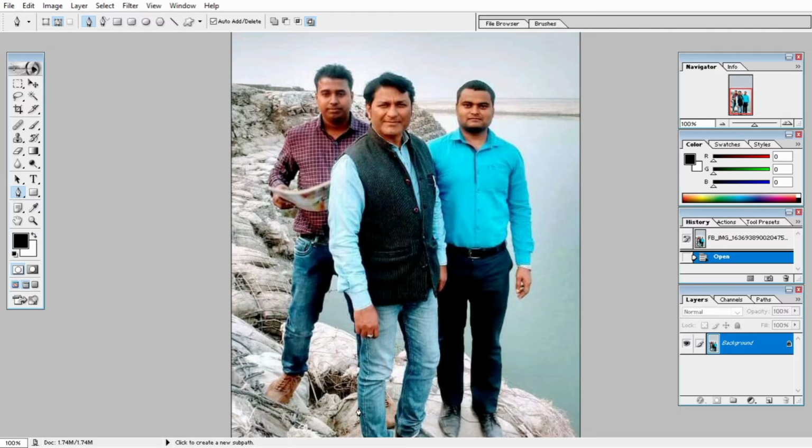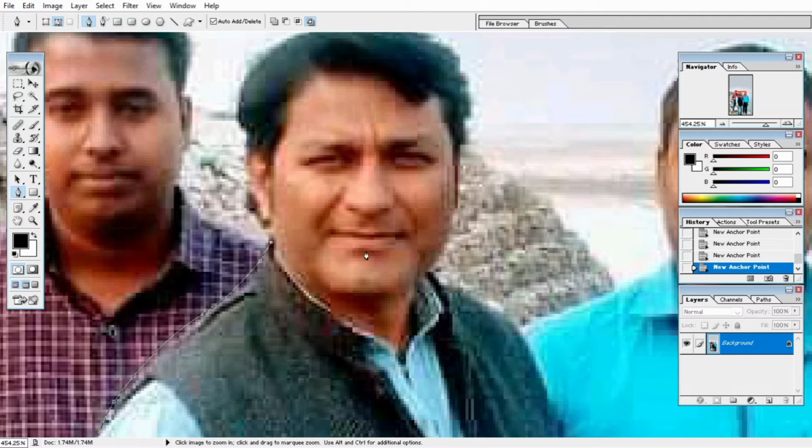While clicking on path, it will not show the color. Without path, it takes the color throughout the lines. I am starting from somewhere, so I am clicking here. 1, 2, 3, 4. I will just follow the contour of the image. Contour means outline of the image. Here is my shirt contour, and I remove the person who is in background.